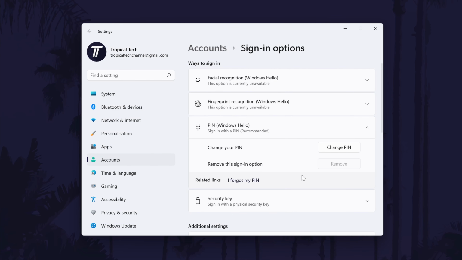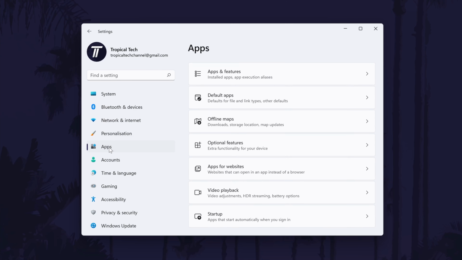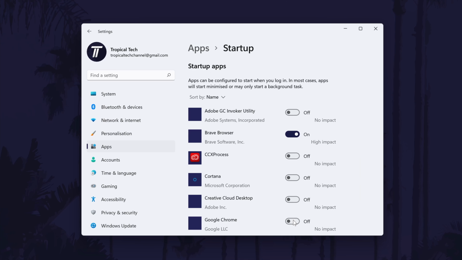Next, we'll focus on Startup Apps. Startup Apps will automatically run every time you turn on your PC, and this may slow it down. Alternatively, you might want to make your most used apps run at startup so you can load into them faster. To enable or disable startup apps, head to the main settings page and choose Apps, and then Startup Apps. In here, look down the list for the apps you want to add or remove at startup and simply turn